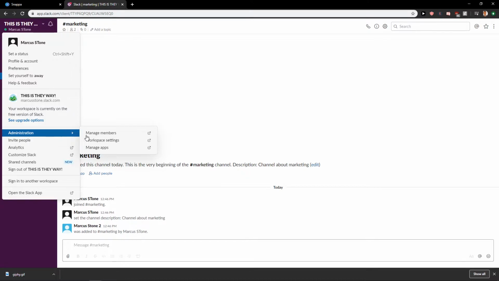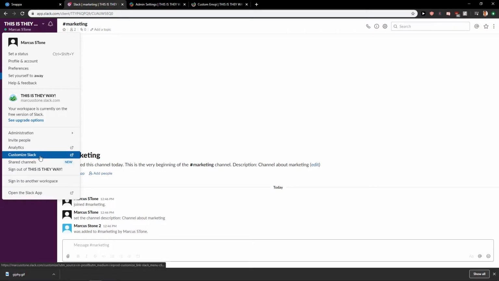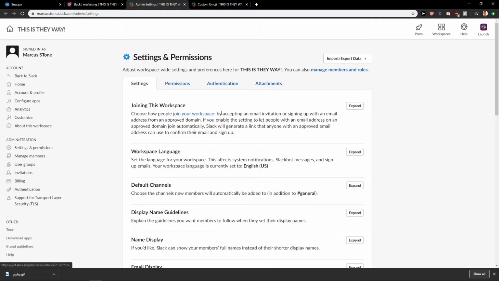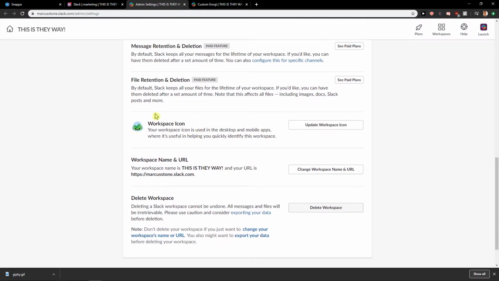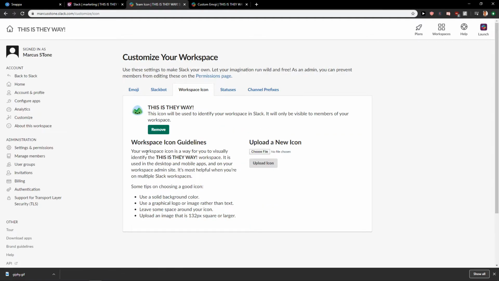Go to administration and then go to workspace settings, but we are going to also open customize Slack, alright? So open these two. When you are here in admin settings, just scroll down and this is how you can change the workspace icon. And you can just update it, or you can go through this way